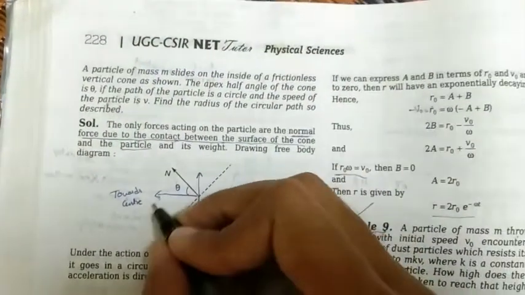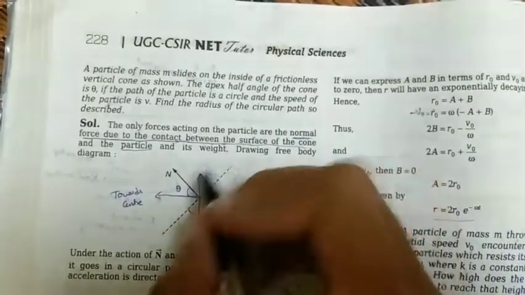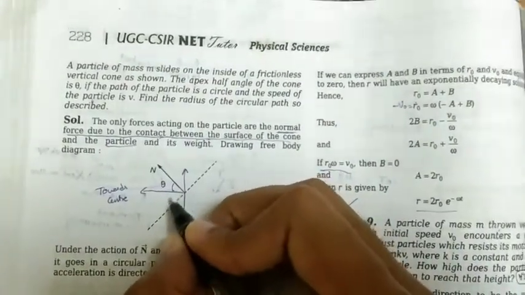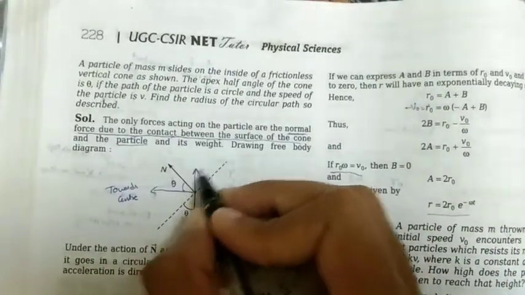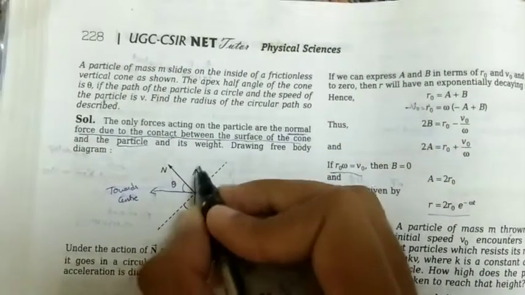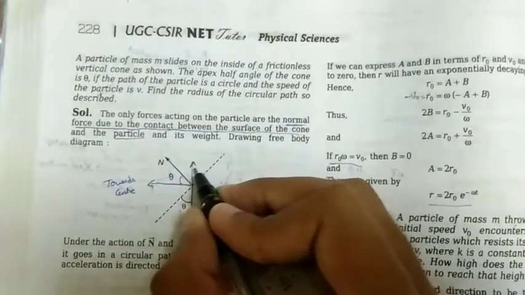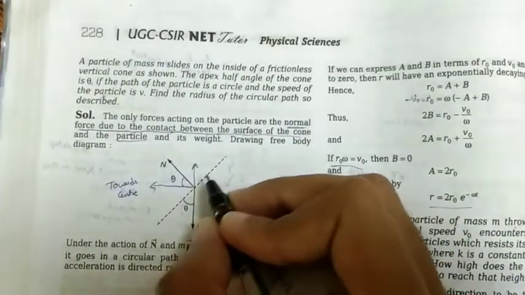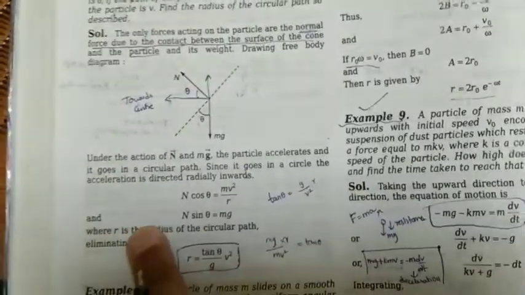From that diagram we had two parallel lines. So here the angle was theta, so here also the angle must be theta, and this is 90 minus theta. So we are resolving this normal force into its component forces, in this manner. So this is nothing but n cos theta, and this is nothing but n sin theta, the components after resolving. So this is the overall diagram we would have in the practical case.